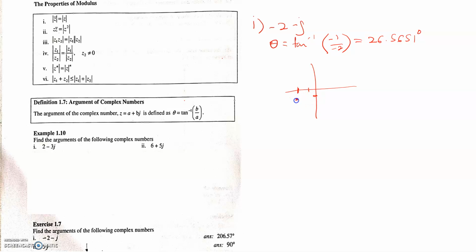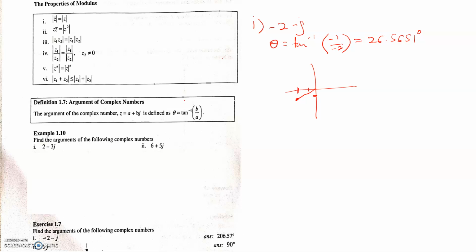So this is roughly where the location should be, and this is the line. Now it is in the third quadrant, right? If you look at it from the positive x-axis or the first quadrant, it should be more than 180. 90 plus 90, it should be more than 180 degrees, but what we get now is